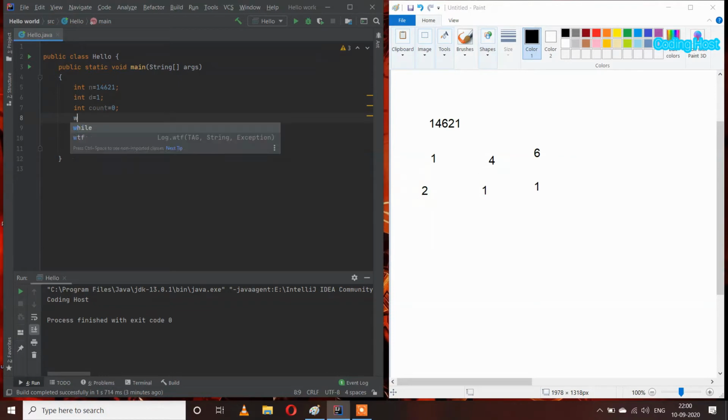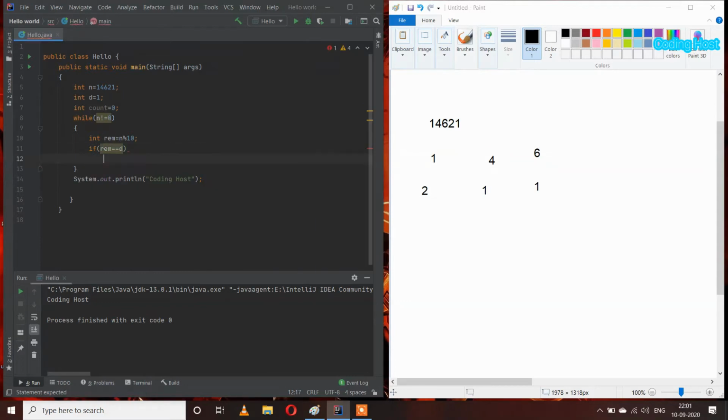And after that I will take a while loop, while n not equal to 0, and inside this loop I will write int rem equal to n modulus 10, and after that I will use an if statement: if rem equal to d, in this case we will increment the value of count.